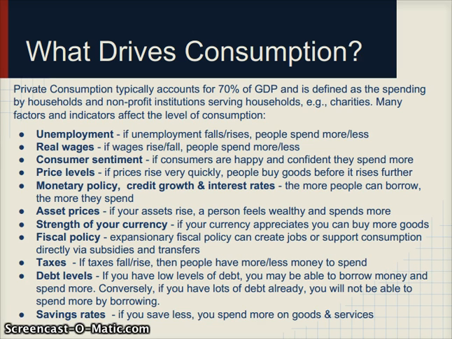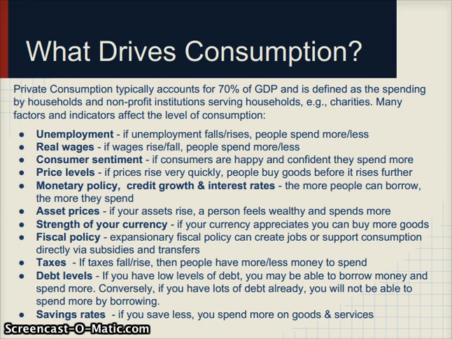Conversely, if interest rates rise very rapidly, so for example, interest rates go from 5% to 10%, you may be like, okay, well, at 10%, if I have to go to the bank and borrow money at 10%, it's just too expensive. I can't pay it back, so I won't consume. So you put off your consumption. So interest rates are very important in terms of people's decision to consume.